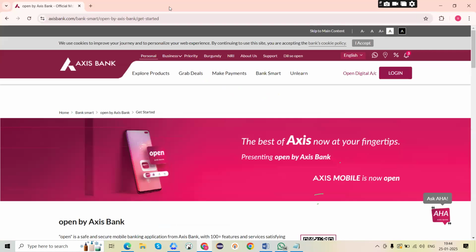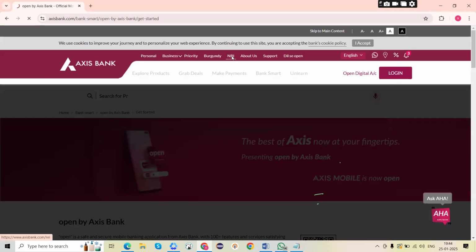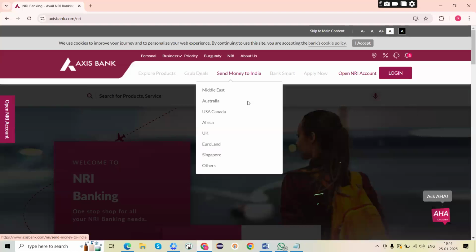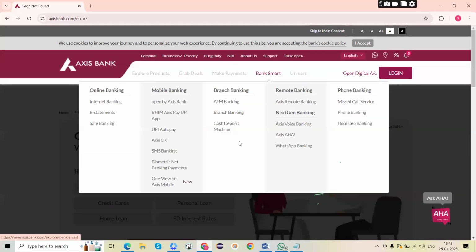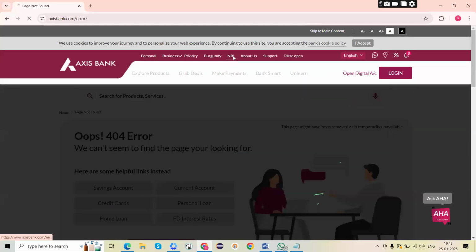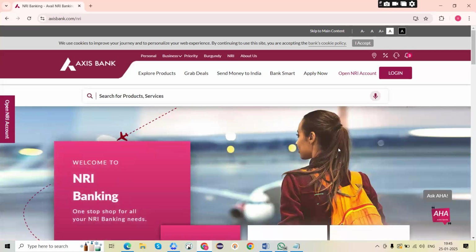So this is the Axis Bank, for suppose. Here I found a bug: whenever I open the Axis URL and go to NRI, it is not opening the NRI section like this. Okay, this is my bug. Whenever I click NRI, this NRI banking page I'm not getting.